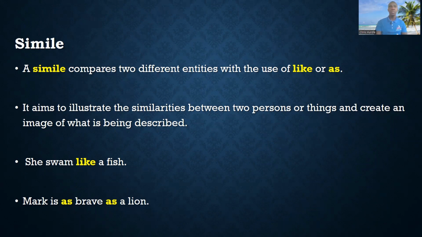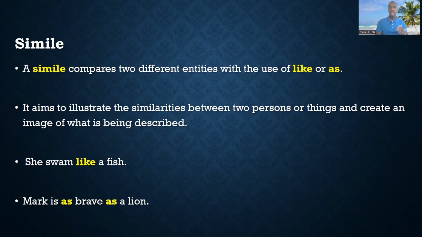And that would allow people to understand that she can swim very well, because for a fish, the ocean is its home. So by comparing her swimming ability to that of a fish, we are saying that she can swim very well, right? So you see how useful a simile can be,